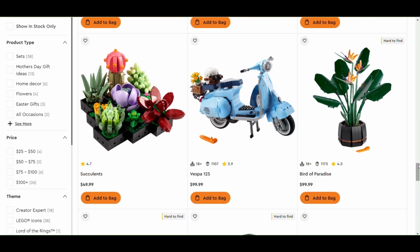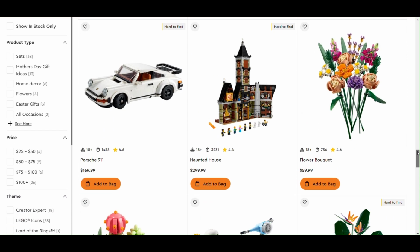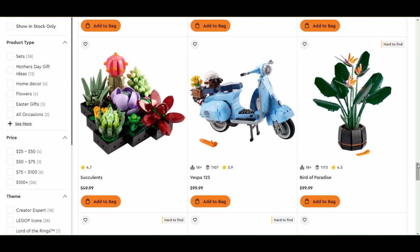Succulents. Are these really all icon sets? I guess they are. They're just very low priced icon sets. This one looks cool. My family has some succulents, so I know what LEGO is trying to depict here. And it looks great. The Vespa,